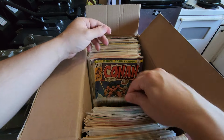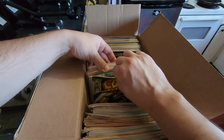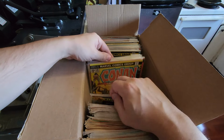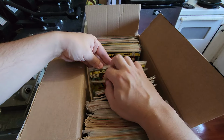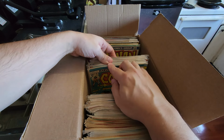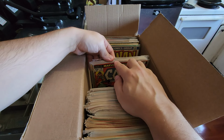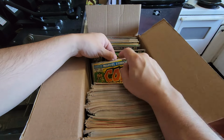72, 71, 70, 69, 68, 67, 66, 65, 64. And then move it to the other side for 1. Yeah, cool. 63, 62, 61, 60, 59, 58, 57, 56, 55, 54, 53, 52, 51, 50, 49, 48, 47, 46, 45, 44, 43, 42, 41, 40, 39, 38, 37, 36, 35, 34,